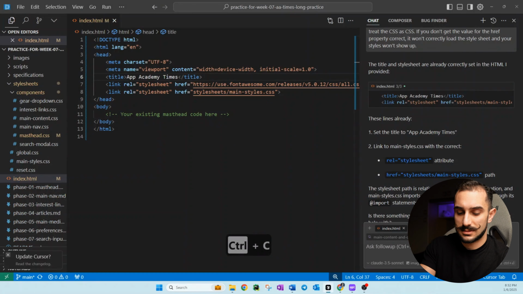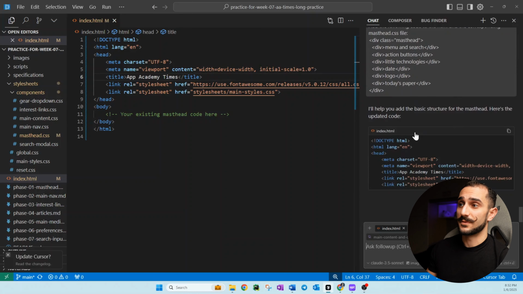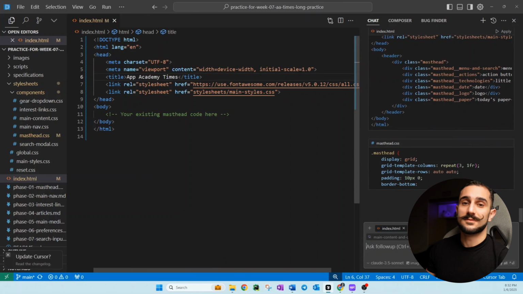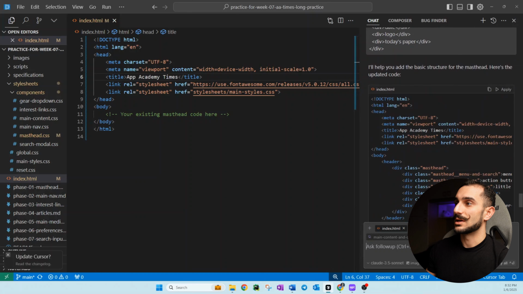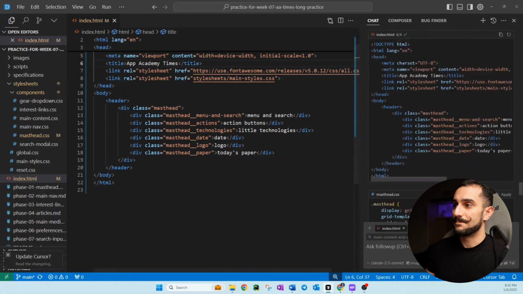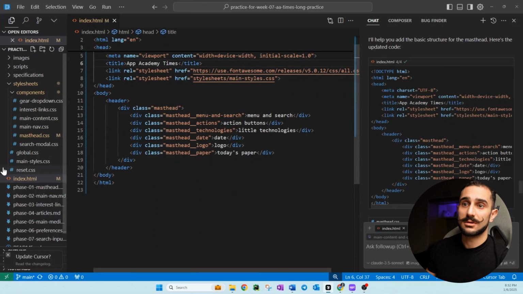We can say add the following. Oh, it generates it for us. It not only adds it to the main HTML that we are working on at the moment, and we can just hit apply. The list is already here, and before applying the CSS, let's see how it looks.